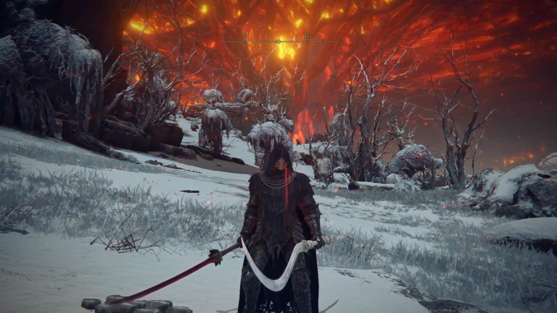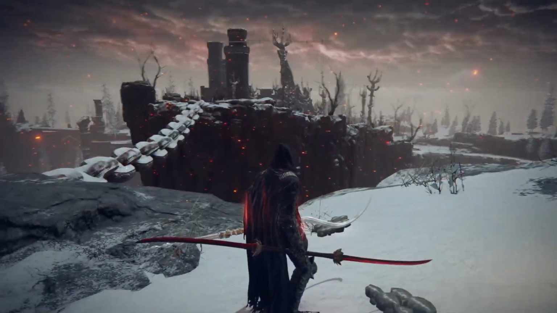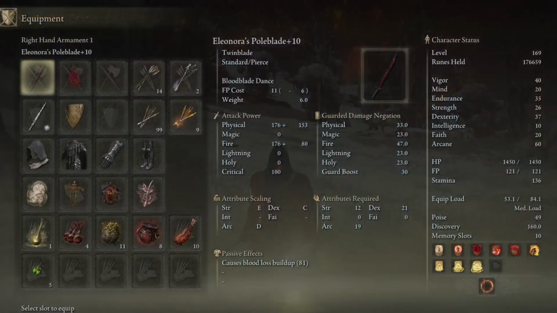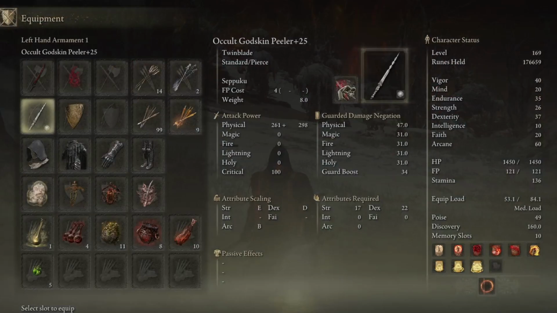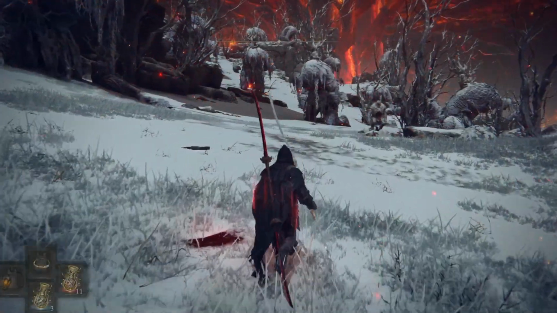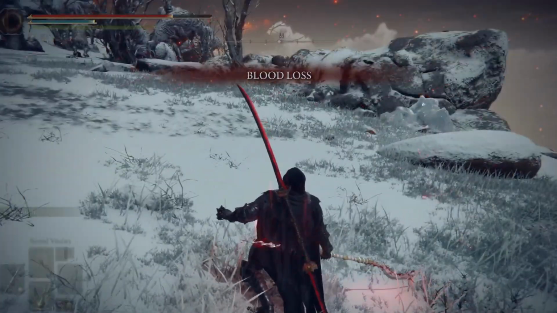Next up, we have the Arcane build. This is my Blood Ronin build, and the main draw of this build is using these two twin blades, the Eleonora's Pole Blade and the Godskin Peeler, which we infuse with either Blood Infusion or Occult. And for the Godskin Peeler, I use Seppuku to increase the amount of blood loss during a 5v1